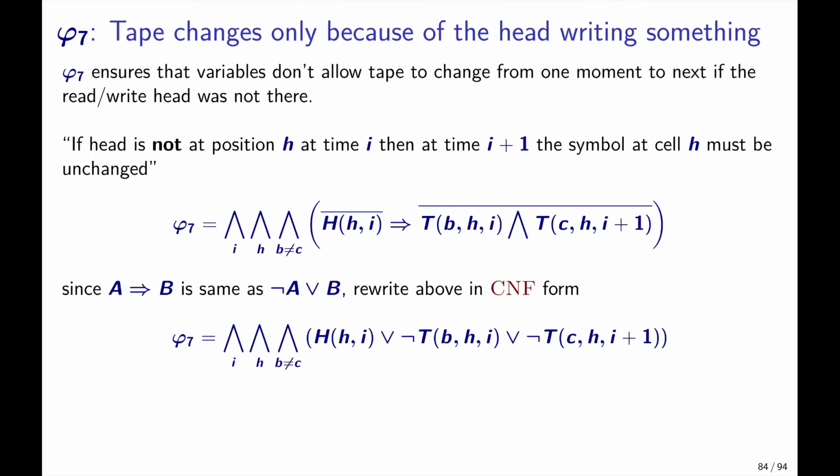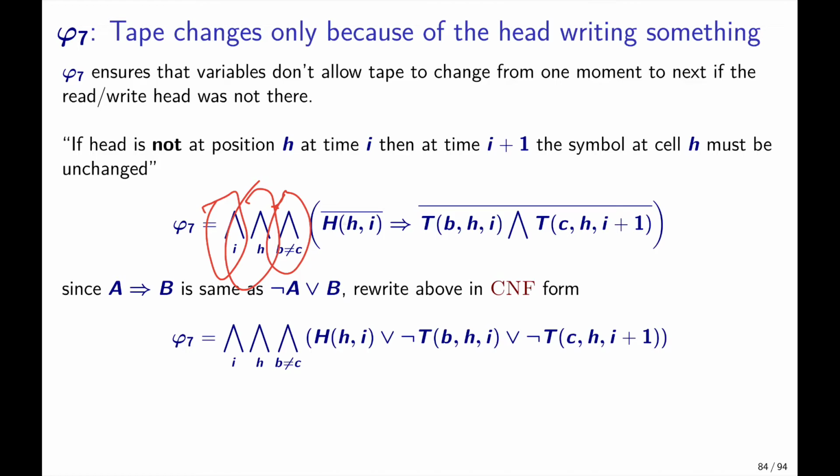Seventh formula. I'm sure that by now you are getting tired of this nonsense, but let's plow ahead. The head can change only because the head is writing something on the tape, right? So we require that, so what do we require? We require that we look across time, we look at the head, we look at any two different characters,